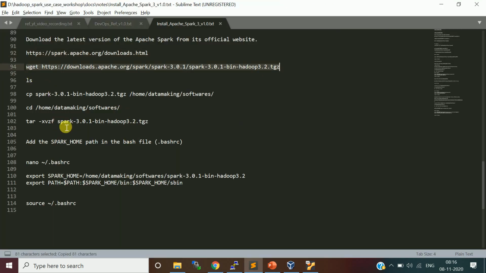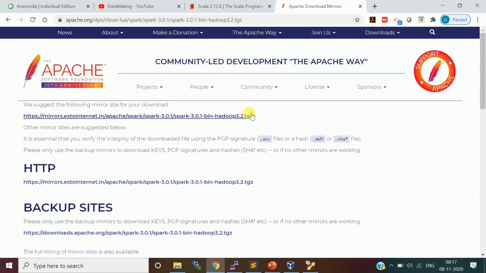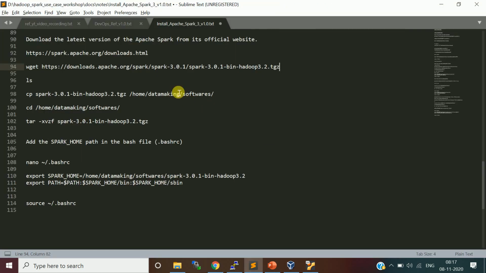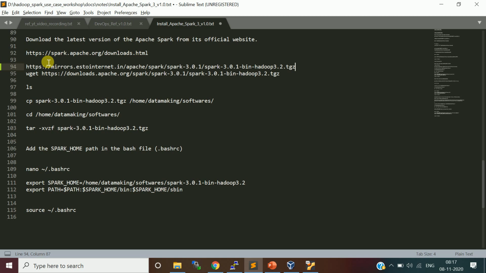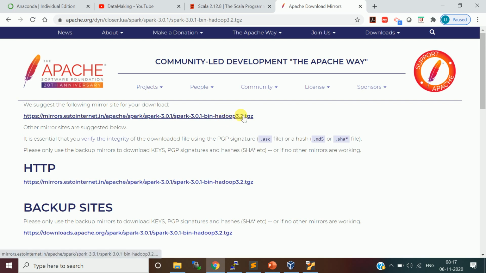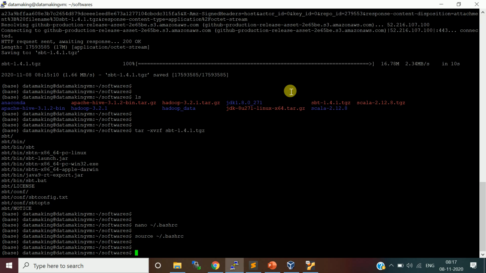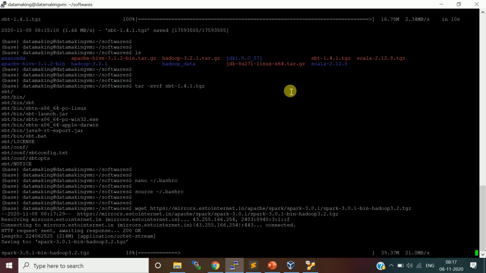I'll just paste it here again. I downloaded it directly in the software folder, and it is around 214 MB.